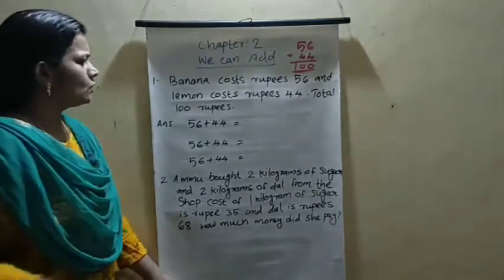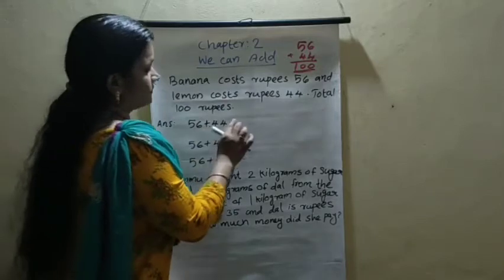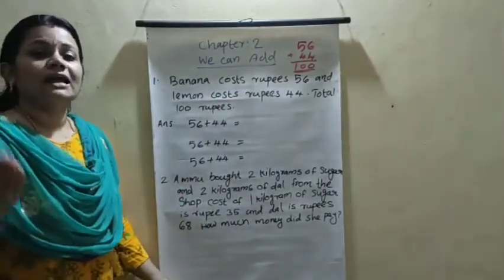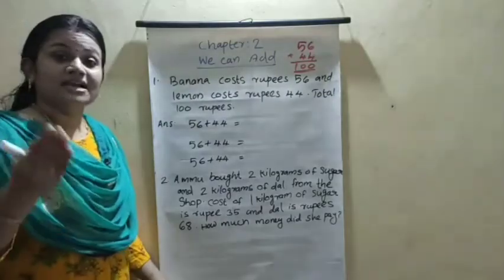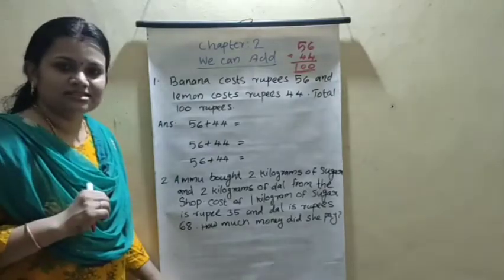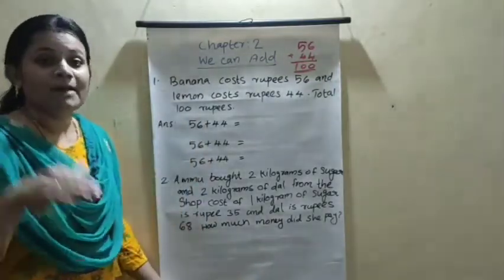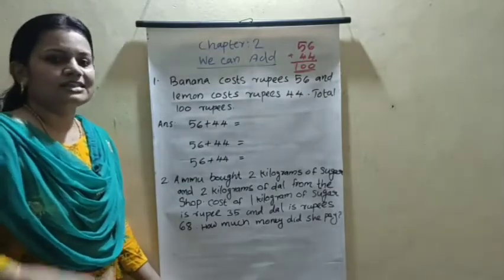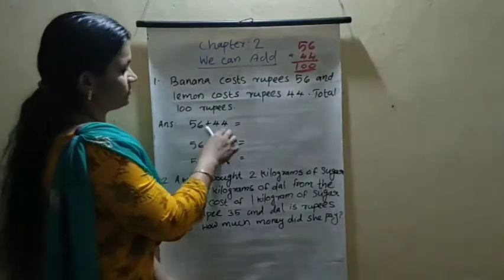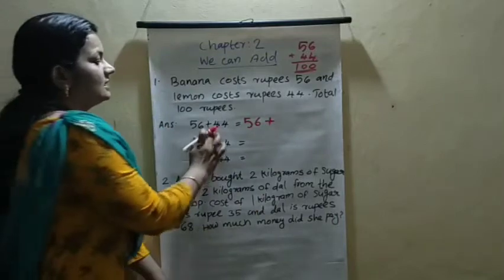Okay. Then how do we split the numbers 56 and 44 to get 100? Do you remember how to write the pairs to make a 100? That's our homework question, how to make the pairs. The same method we can use here. Make the pairs, then we will get 100. First we write 56, then we write 44.